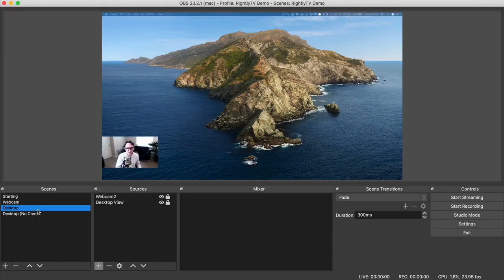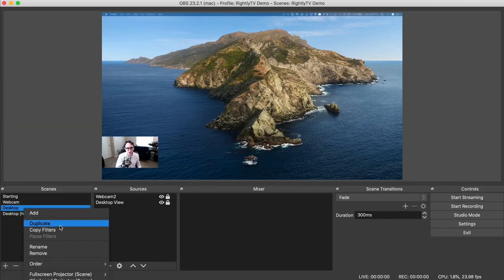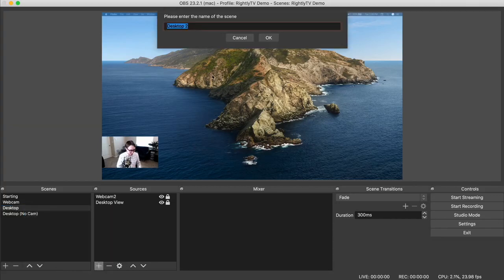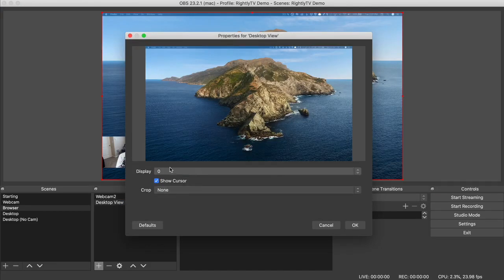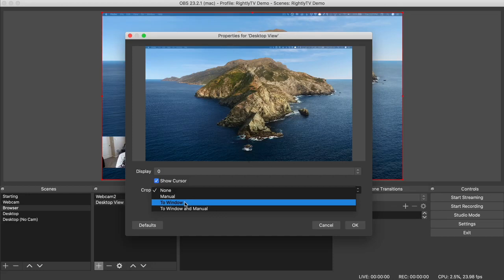So what we're going to do, we're going to take the desktop view and we are going to duplicate it. And this time we're going to call it browser. Go ahead and we'll keep that. Actually, we'll pop this one above the desktop. And then for our desktop view, we're going to double click it so that we can edit it. We're going to keep it the same here, except we're going to change crop to